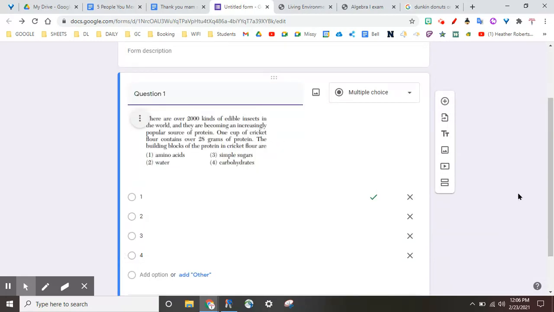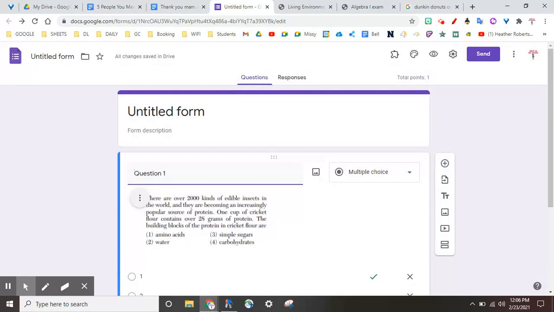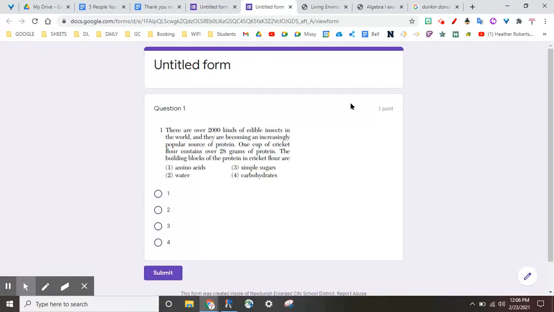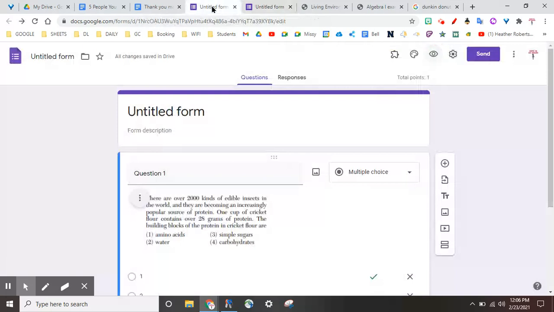So now what does this look like when you, as the student, take it? If you guys don't know, if you hit the I in anything, and that's a Google form, it shows you what it looks like in student view. So this is what it's going to look like. And they would just select the right answer. 1, 2, 3, right? Simple, simple, simple. It's going to save your life,